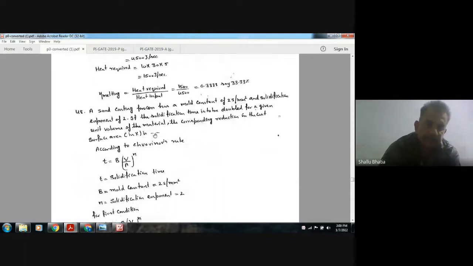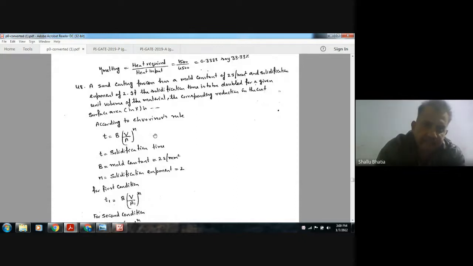Okay, so the efficiency is heat required by heat input. So that is 33%. Because this is in joule per mm cube, and 30 into velocity will be the mm cube per second. So this is the heat required per second and this is the heat input. Okay. So answer is 33. Next,